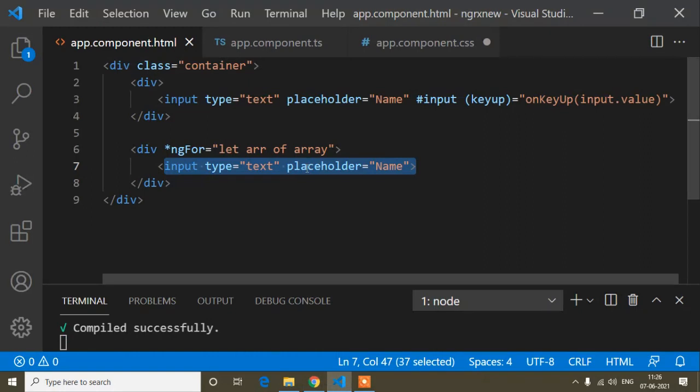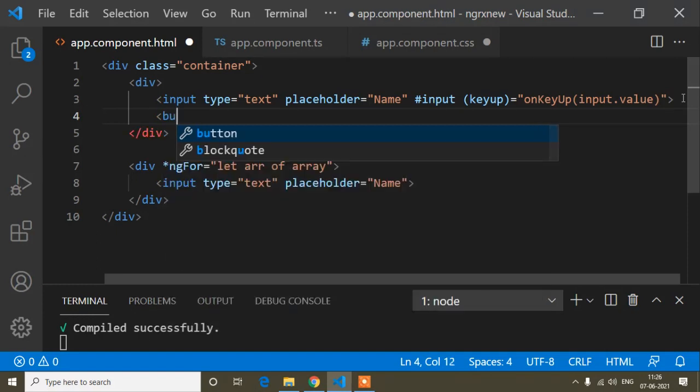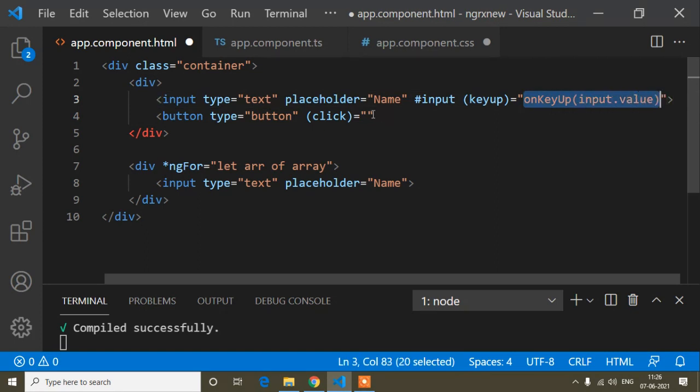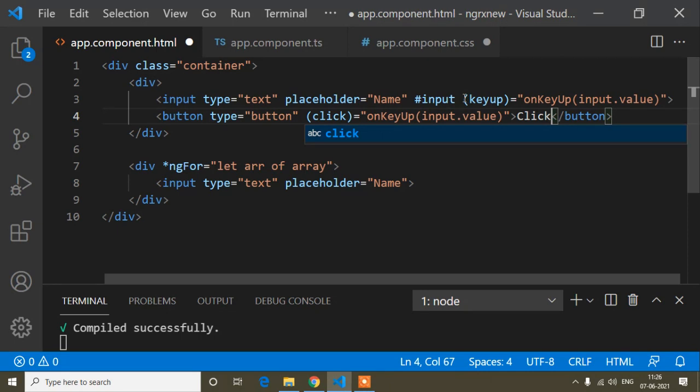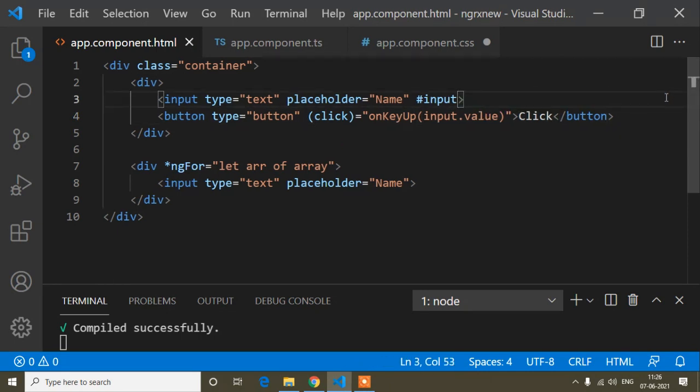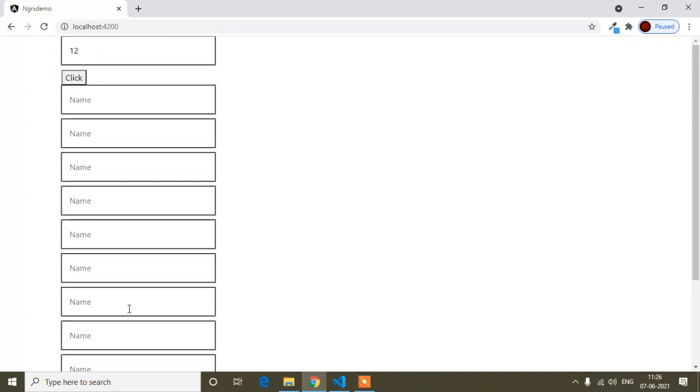And suppose, guys, you are thinking about when I click a button, that time the input fields should appear. It's also very simple. Just write a button, type is button, and when I click the button, I will write the click method, equals to the method name. The same method name you just have to pass here instead of the input field. So inside this button you have to pass it, and now here I will right the button name, and from here I will remove this one. So save, and if I press 12, first of all it will not happen because I removed this functionality and moved it into the button. So when I click this button, you can see I'm getting the 12 input fields. So this is very simple.